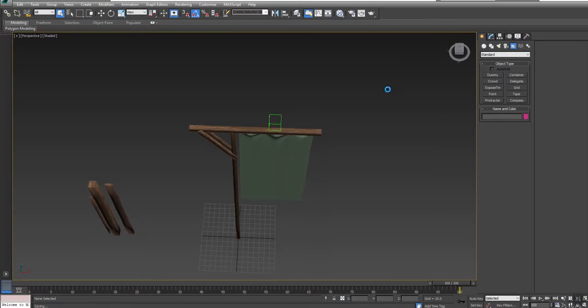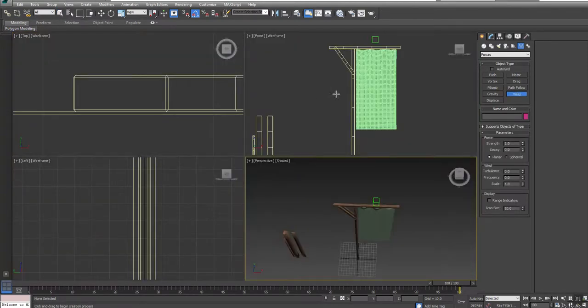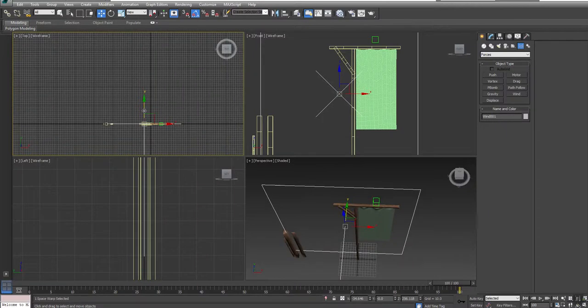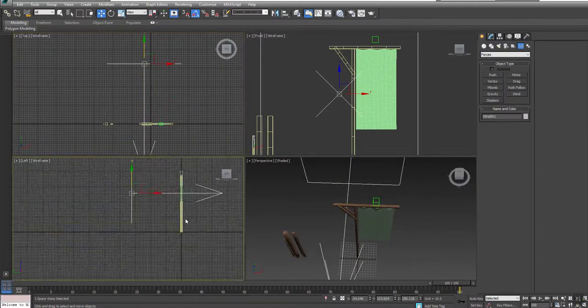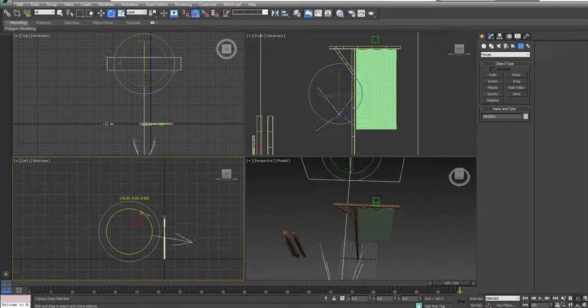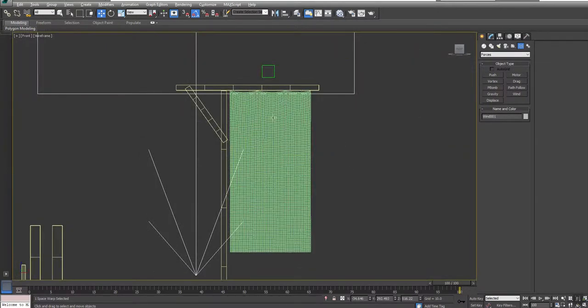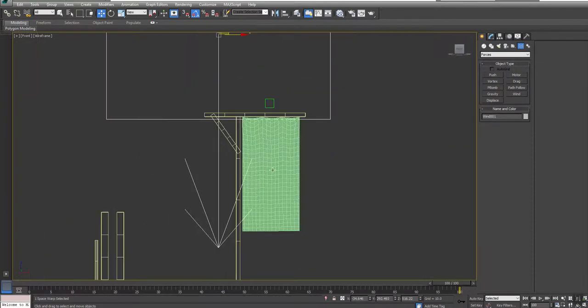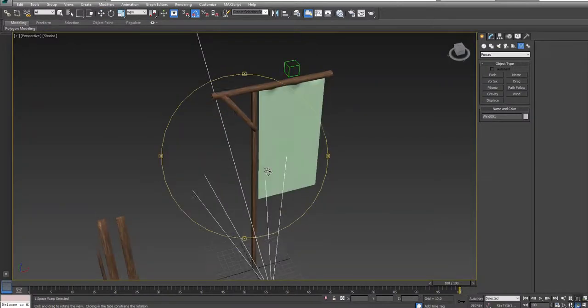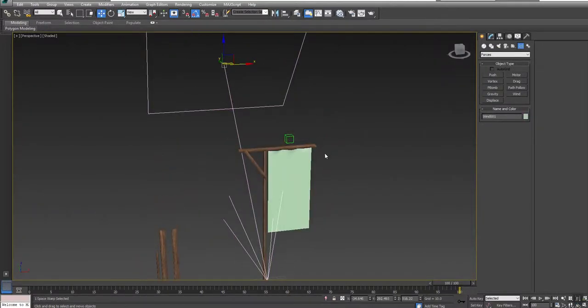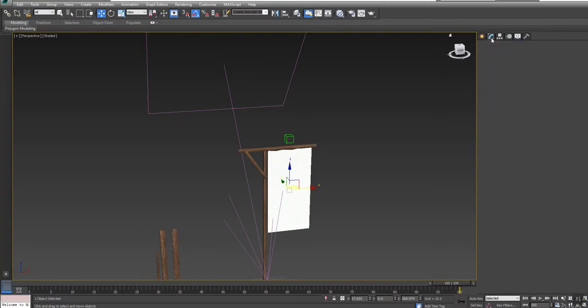I'm going to save this, and then real quick I'm going to get a little bit of wind. I'm going to make a wind object out here and move it back. And let's just kind of position it up in the air. Because I mean, this banner is alright, it's just hanging there, and it'd be nice if it had a little bit more shape to it. And I'm not looking to make it blow, I'm not animating it,